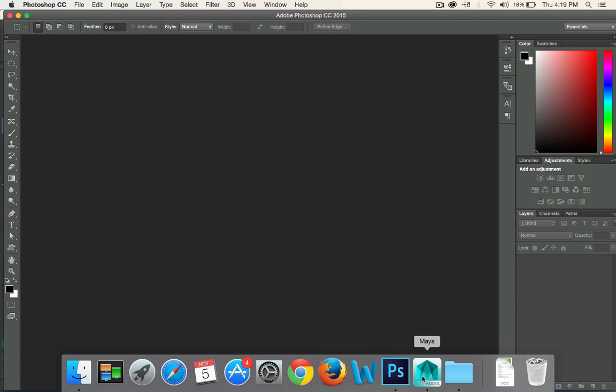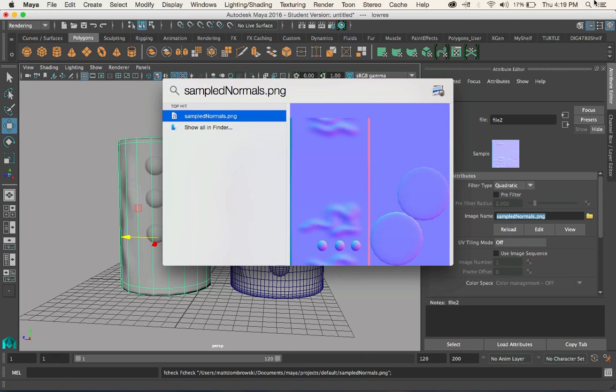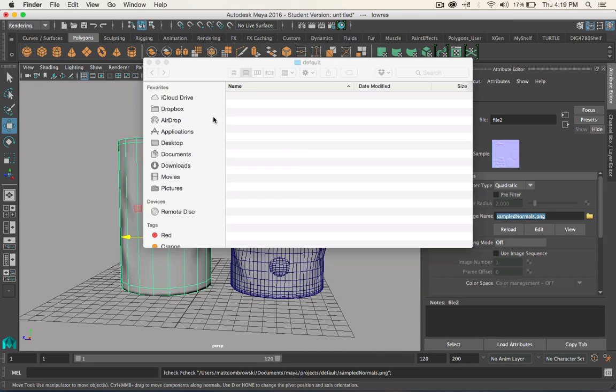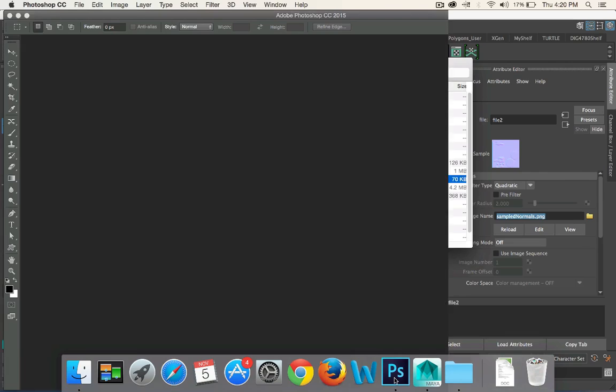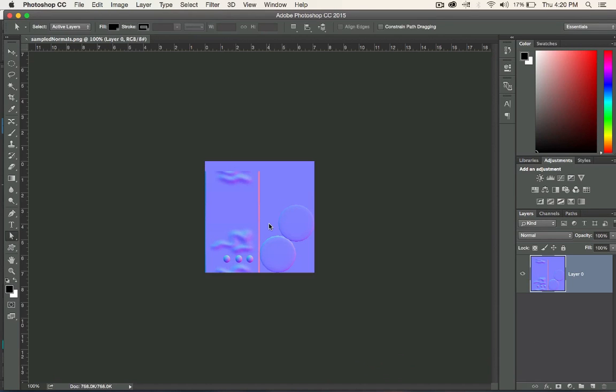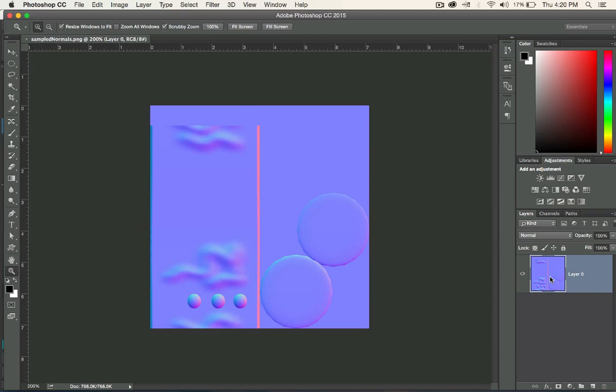Typically our normal maps will be in our file folders, so right now it's sample normals, so I'm going to just search for it this way. There they are. It's a very easy way to find your normal maps using a Mac computer or the Finder in Windows. And I'm going to duplicate this by hitting Command J on my keyboard, and I'm going to set this to overlay. Now when I overlay it, you can see it really multiplies it,